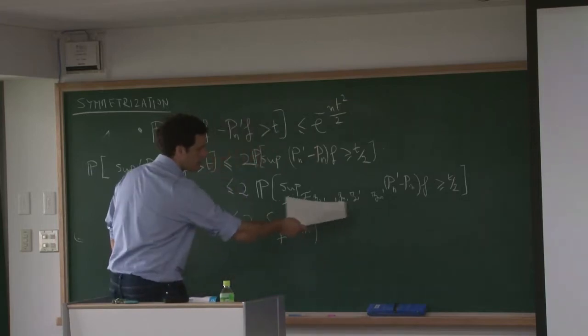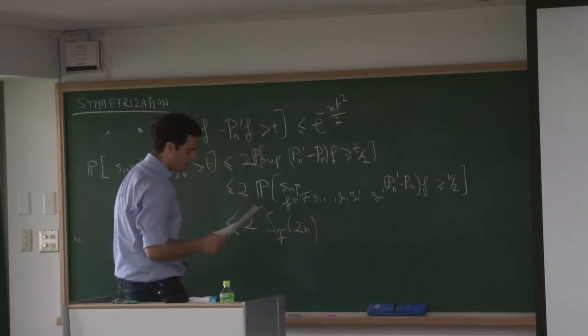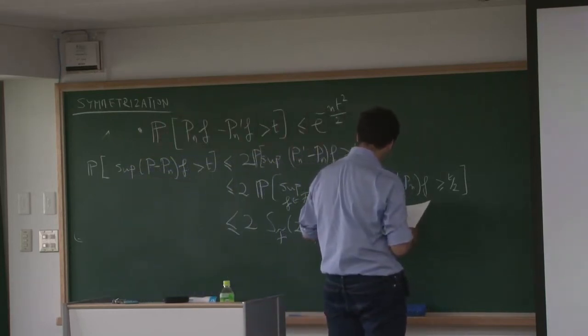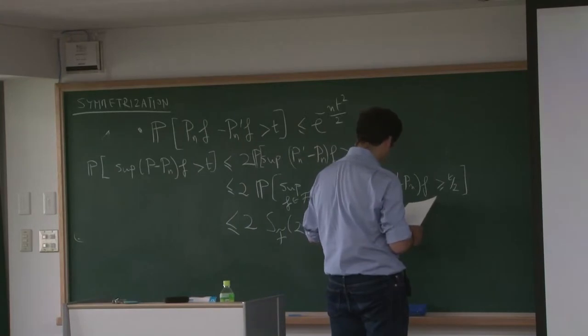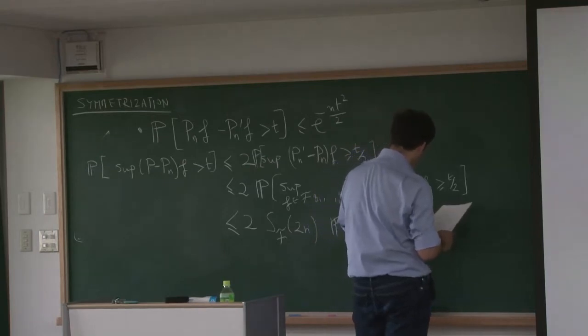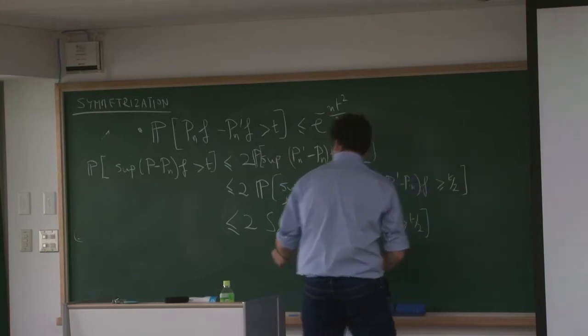So we're taking the probability with respect to 2 samples of size n of the deviation of Pn prime minus Pn of f bigger than t divided by 2, and